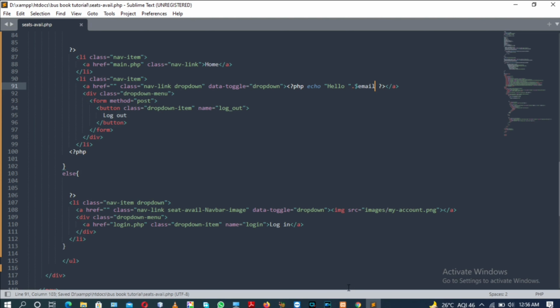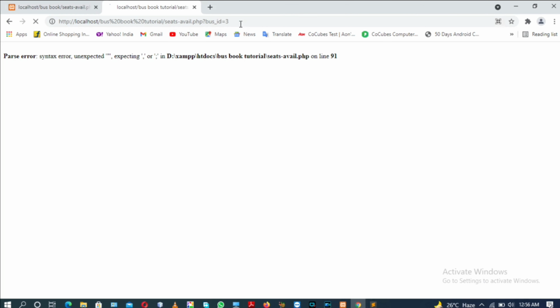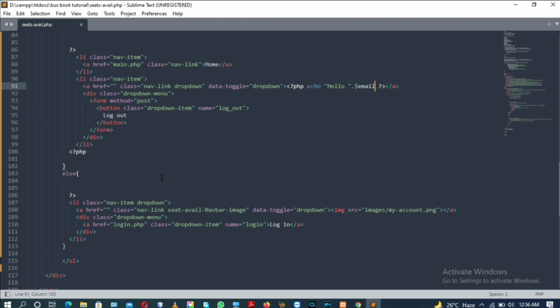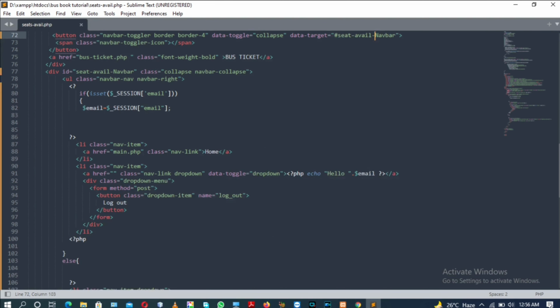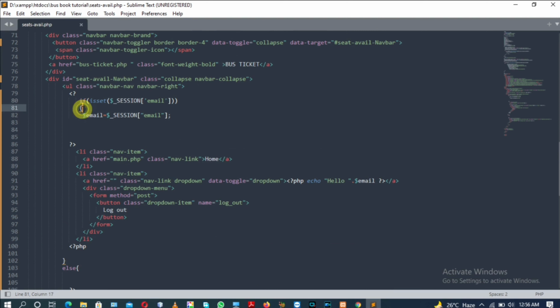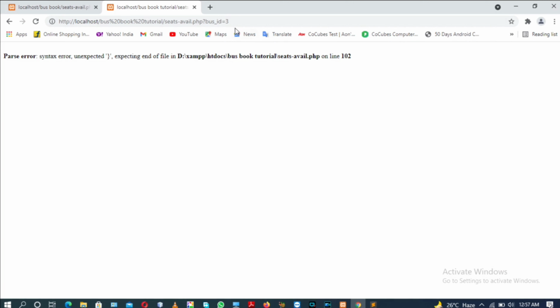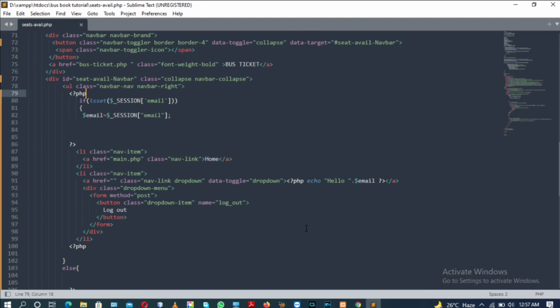Now that's correct. Refresh the page. Okay, unexpected curly bracket on line number 102. Okay, there is an error of unexpected in the file.